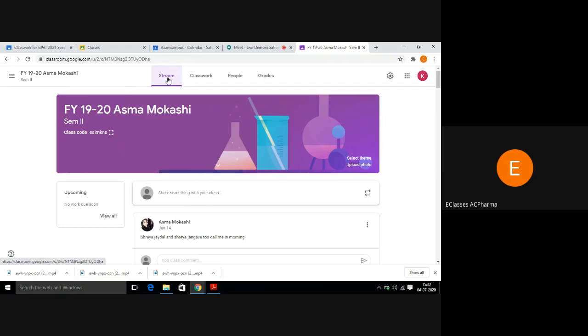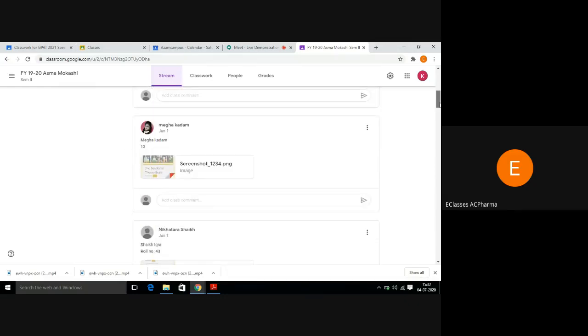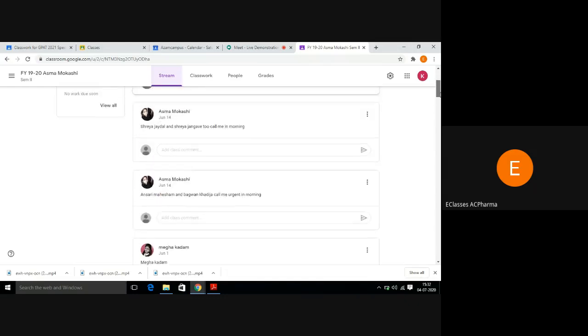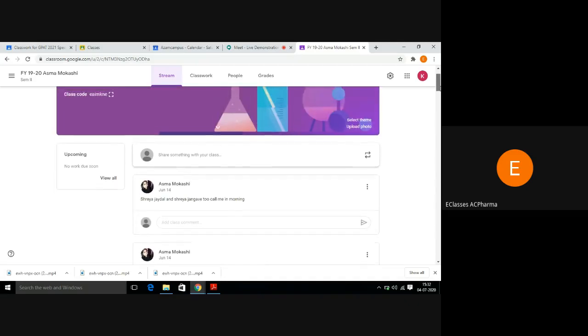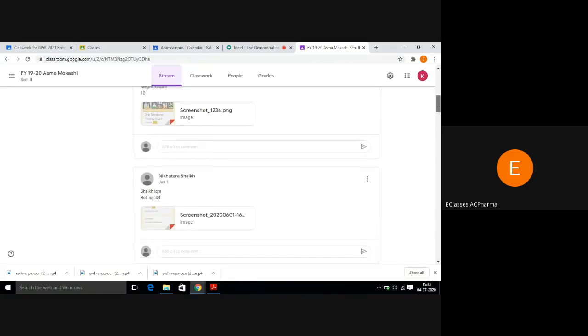Now, the principal can see the progress of teaching learning process through this stream. Stream is in fact the virtual communication between the teacher and the students. So the teacher has made announcements for students related to the notes, related to the classes, and general announcements also.